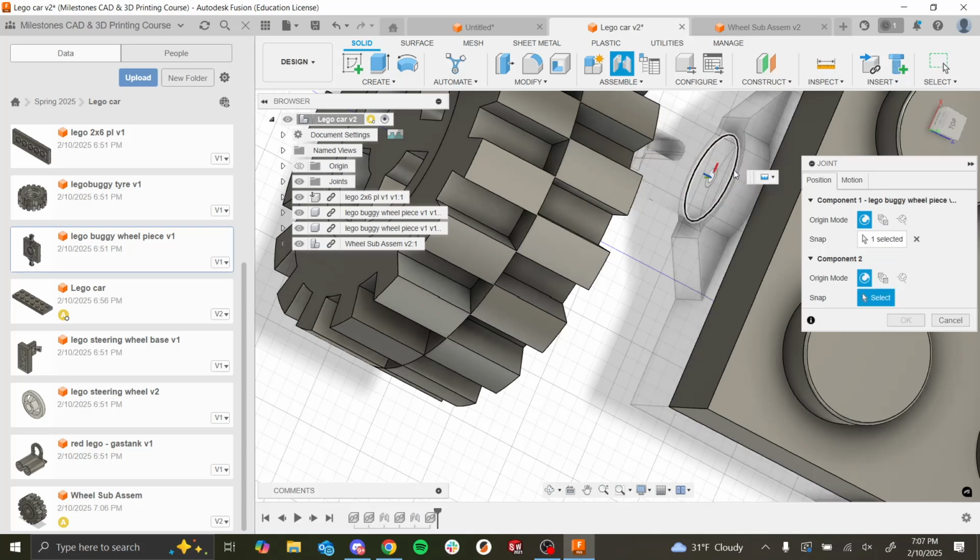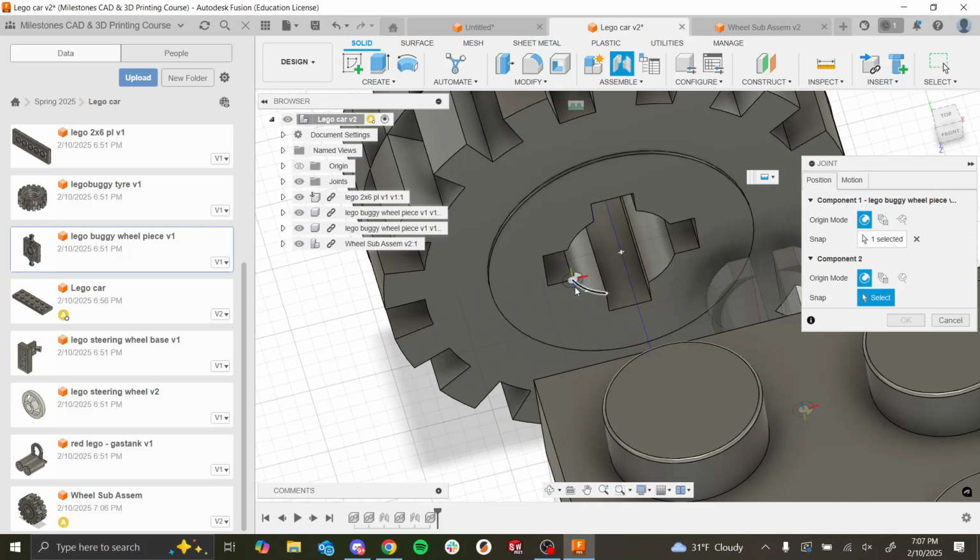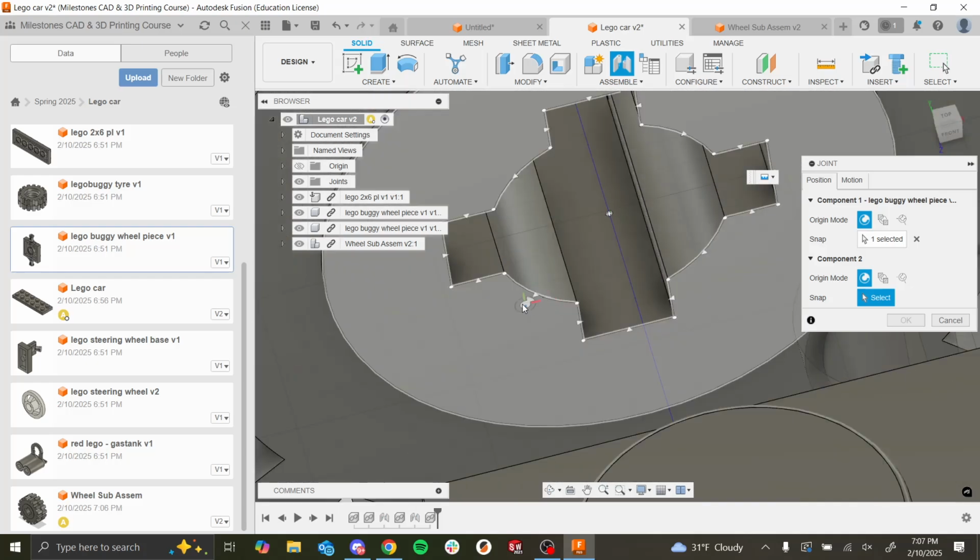So I'm gonna choose this edge here. But then for the edge on this wheel, if you're gonna select one of the center pieces, you have to be very careful, right? Because if I move my mouse, you can see there's a really mini origin looking thing that hovers over my mouse. But it'll try to snap to one of the closest edges, and sometimes it'll snap to the wrong thing. If I move my mouse closer, you'll see that it's snapping to this corner. And if you're not paying attention, if you snap to it,